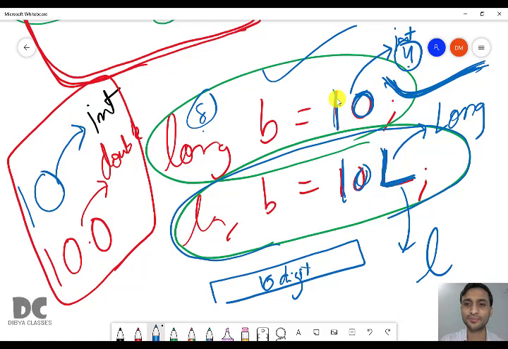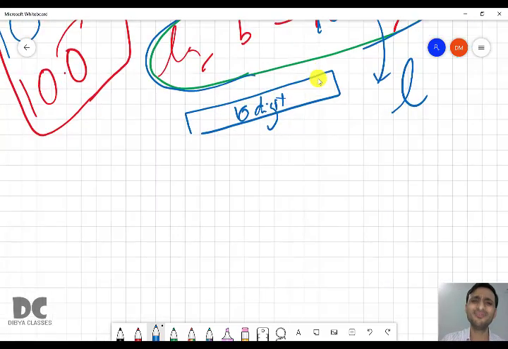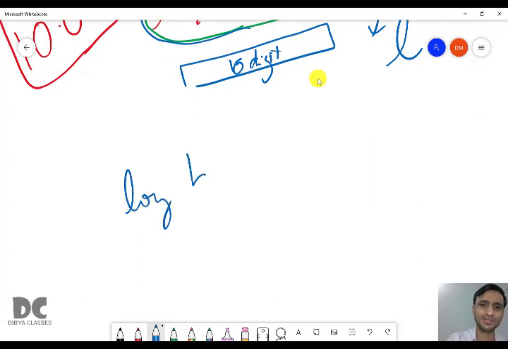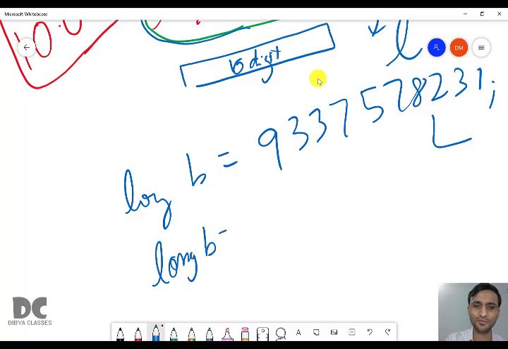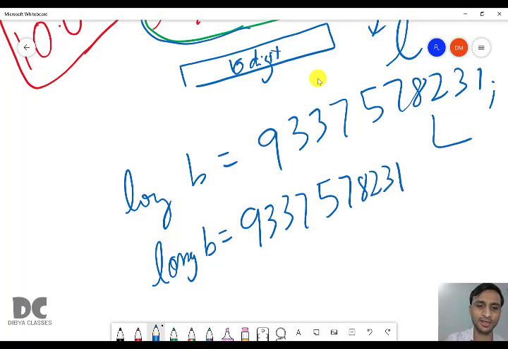So whenever you store a value, for example, I will store my mobile number. Long b is equal to 933-757-8231. If I write like this, it will give an error because Java will think it is int, but it is too big for an int data type. So here you have to write L. You have to write long b is equal to the phone number 933-757-8231, and after that you have to give a capital L or a small l. Both are fine. Clear?